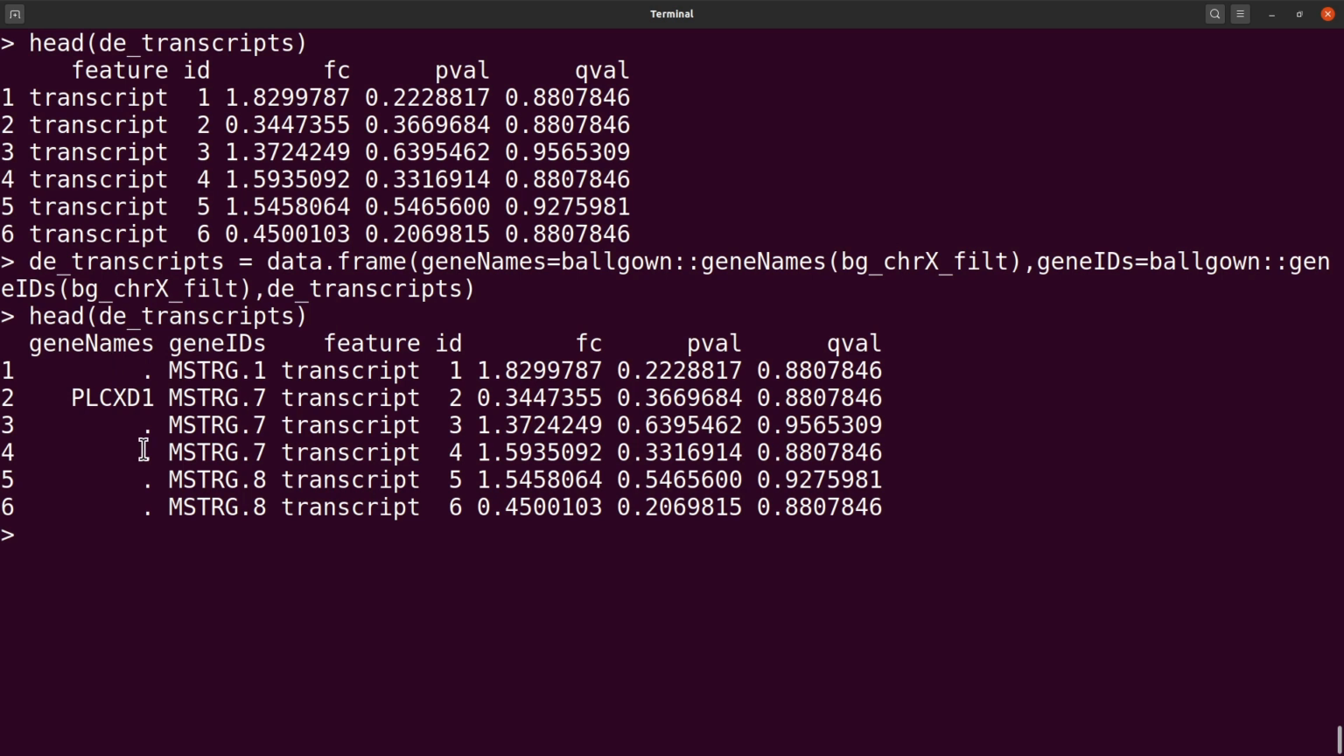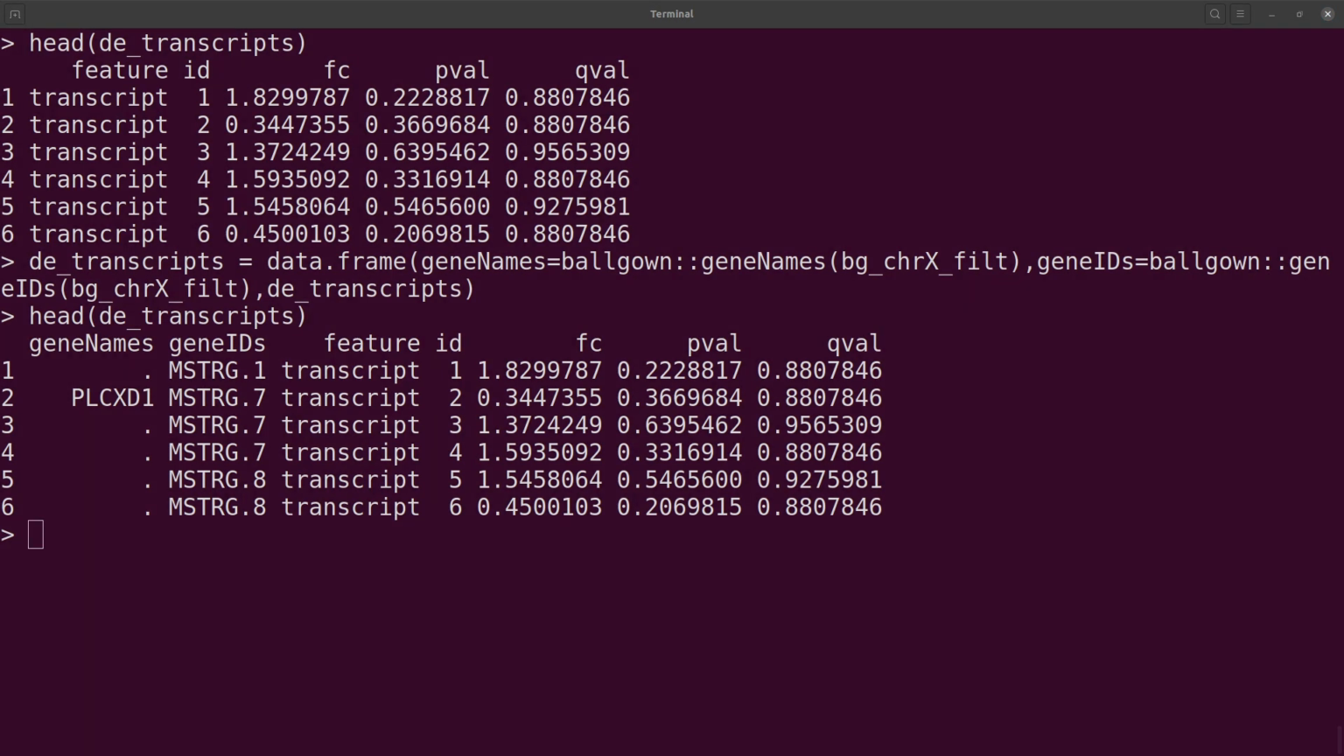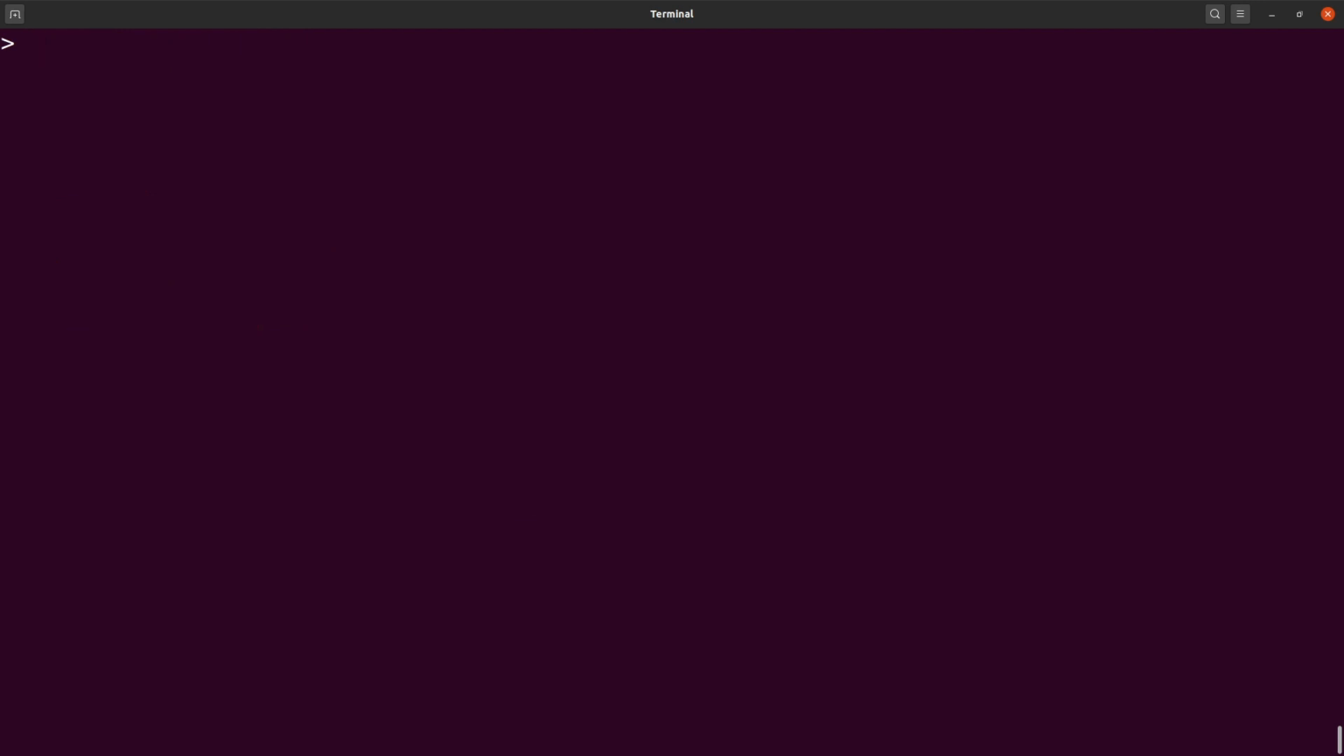So we have the gene names, we have the gene IDs, we have the feature ID, FC, and all that. So we have the identifiers. So we will proceed. Let's also do it for the genes. Now we are done with the transcripts. So let's look at how we do it for the genes as well. So let's proceed. So let's clear the screen. Let's do a head